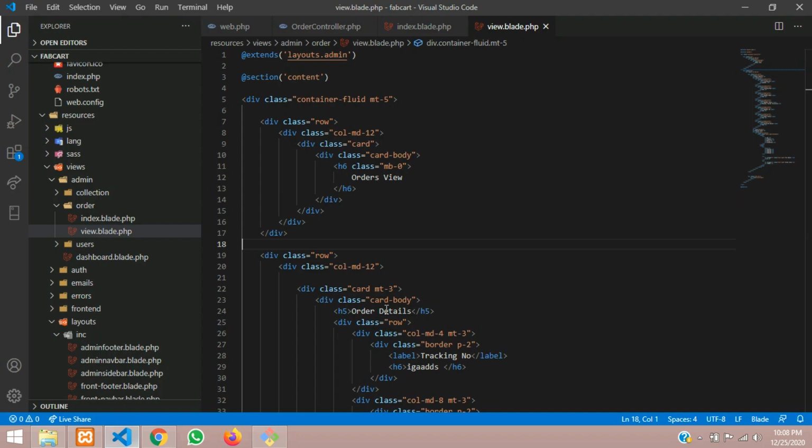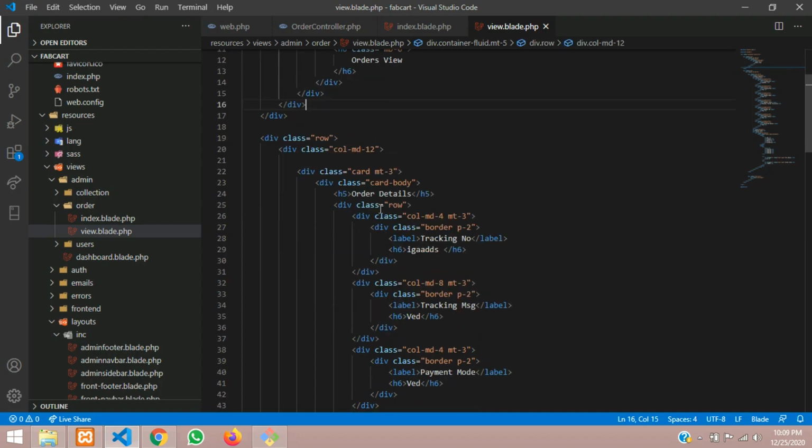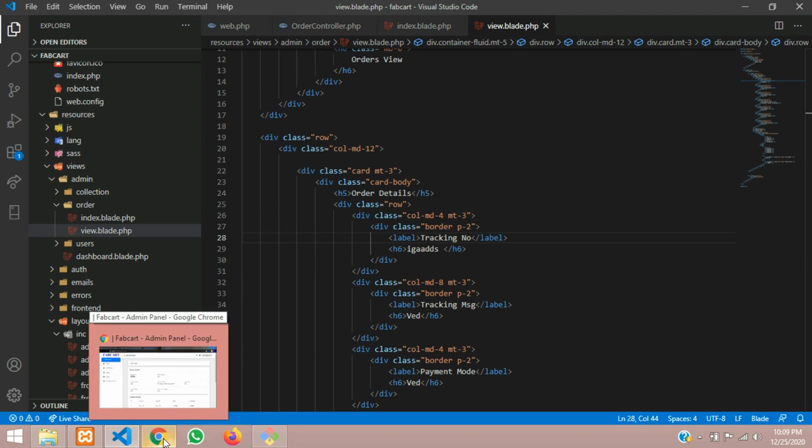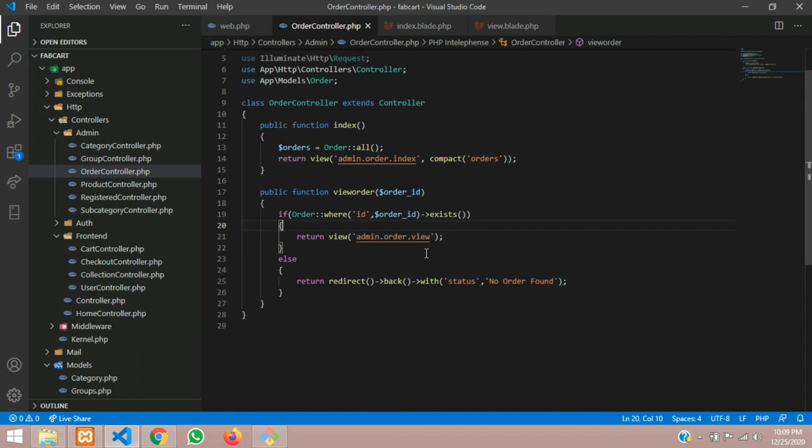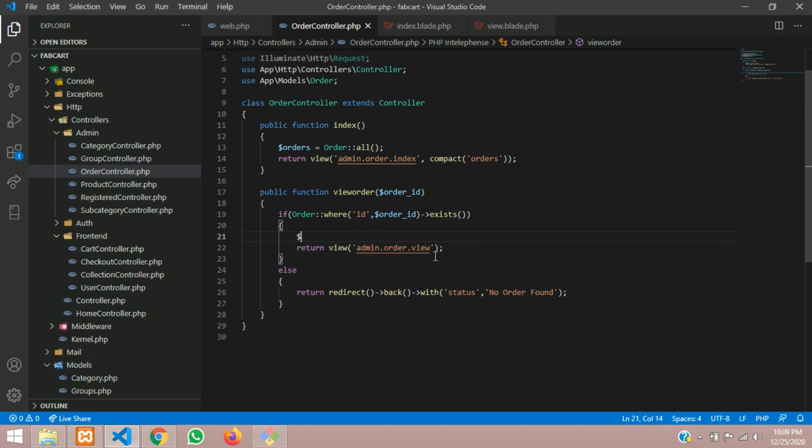So let us get back to the code, and we were here, right? And now in this we have to pass the data. So those data we are taking from the order controller as we have created it, and let's create a variable called orders is equal to your order model colon where find, with this find which we are passing the order ID. So order ID is nothing but 1. So that order ID we are passing here,